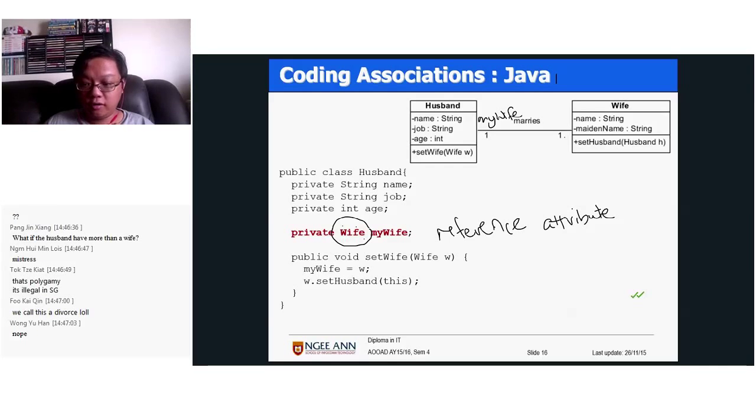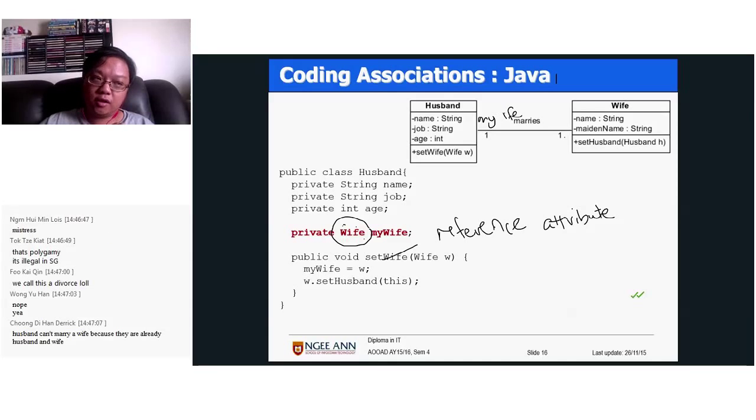Very straightforward, right? Okay. Later on, when you want to find out whether a husband can have more than one wife, we will cover that. Trust me on this. Okay? So now,